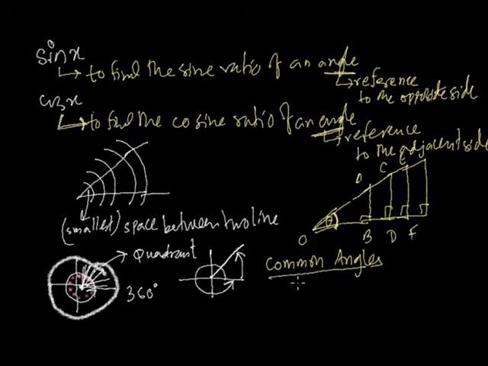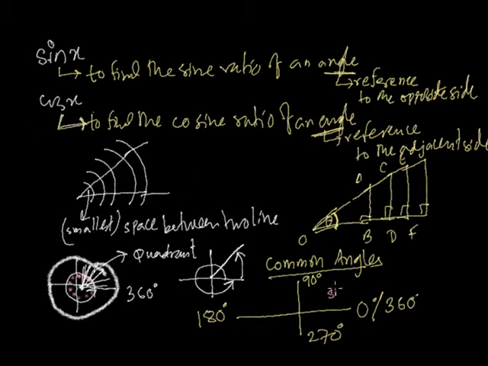So these are, if you make a quadrant, 0 degree, 90 degree, 180 degree, 270 degree, and this position and 360 degrees the same positions. Now if we think about it, this is